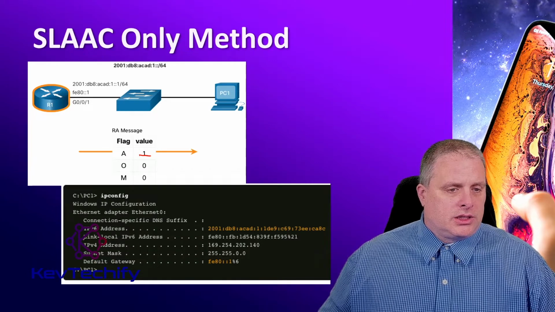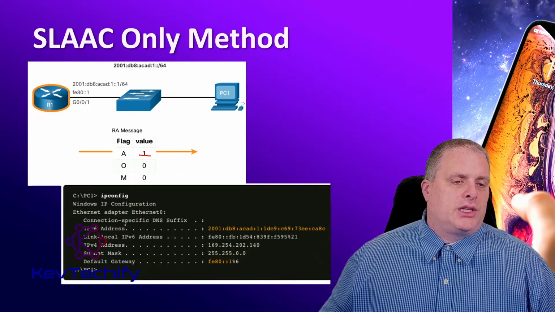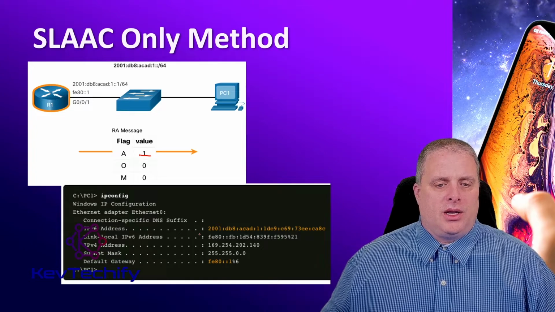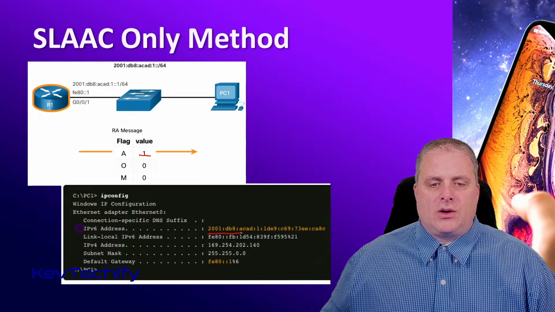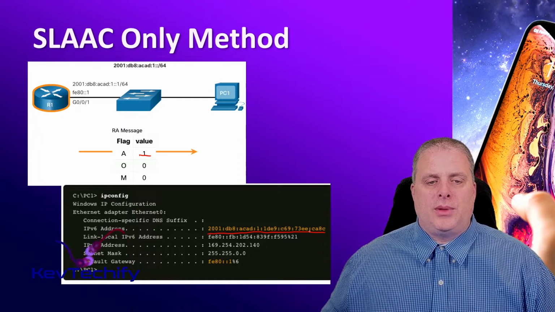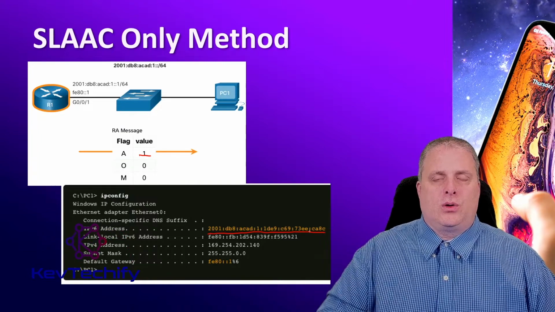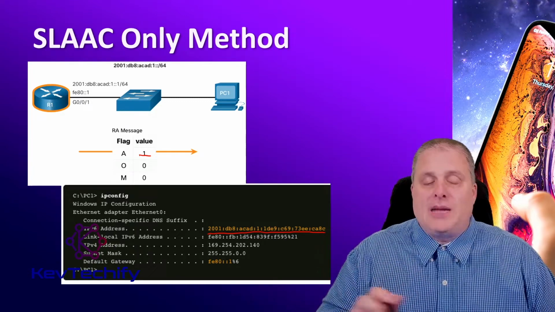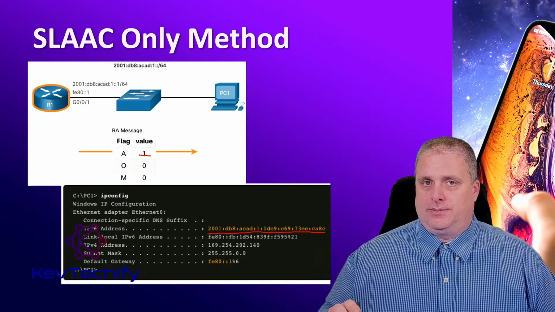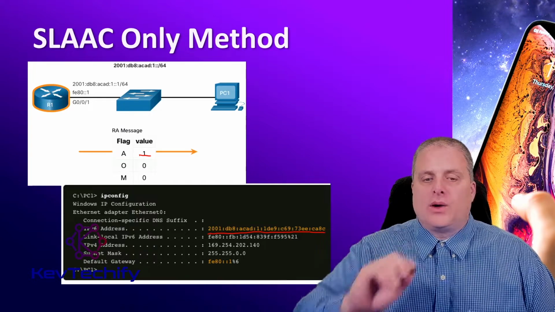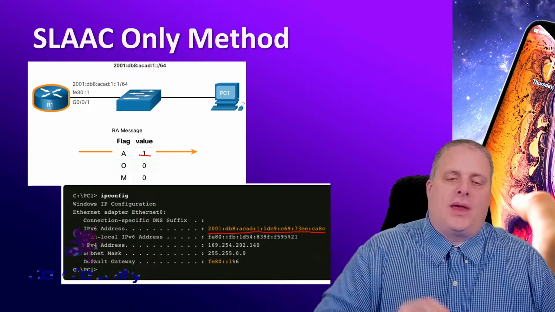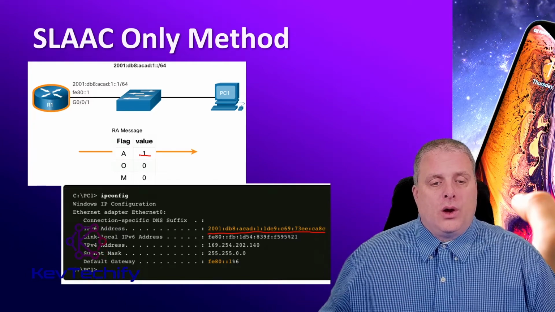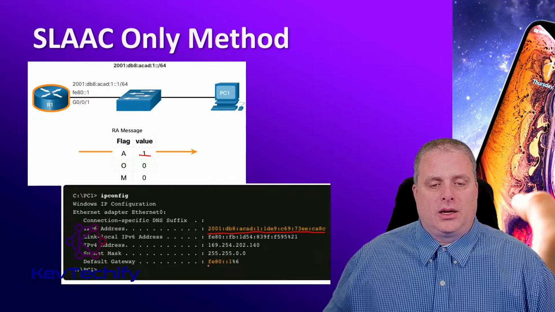And here's a screenshot of the Windows command prompt, and we typed in ipconfig. This is listing out an IP version 6 address. This host generated that IP address. Now, nobody is keeping track of what address it is. Nobody has a record of what address, what device it's on, what MAC address it's on. It's stateless here. And also, we set our default gateway to